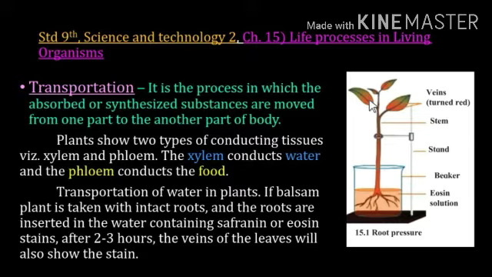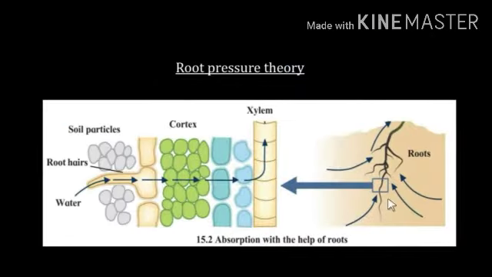As this plant is very small or short in height, this process is conducted through the root pressure. Now, what is the root pressure, that we will see next. Here the root hairs are present. This is the root of the plant, and around this root hair the soil particles are there, and water is present in this soil in more amount as compared with the cells present in the root hair.